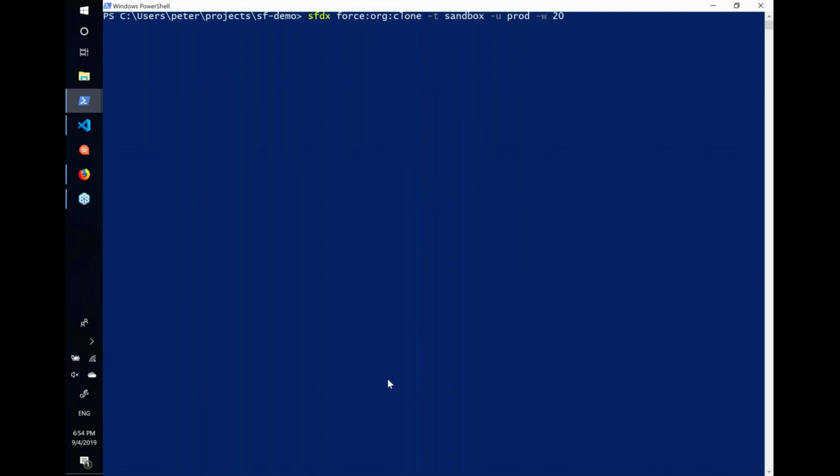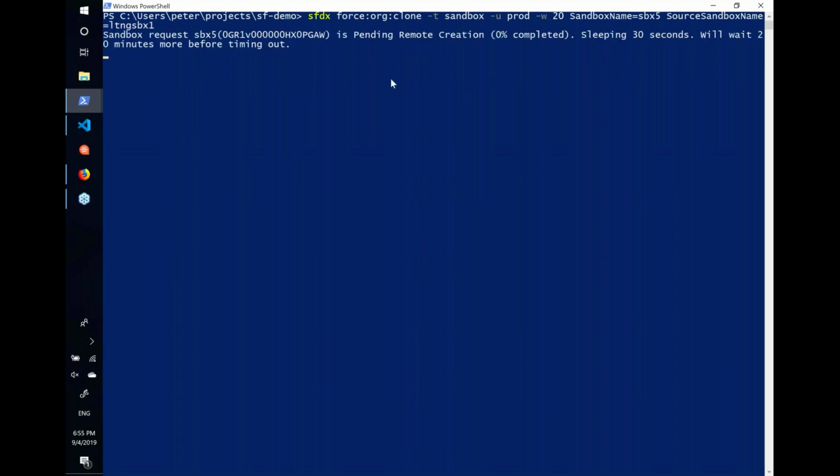And then I'm going to wait for a certain amount of time to actually do that. But then the cool thing is I can give my sandbox name here in the command line. I'm going to call this SBX5 in this instance. And then I can also have this based not on my production org, but another sandbox. So this is going to be source sandbox name equals LTNGSBX1. Now that sandbox is one of the new Lightning Developer Pro sandboxes. So that's what that is. And then I can kick that off and leave it to go in, and eventually it'll come back and say that it's completed